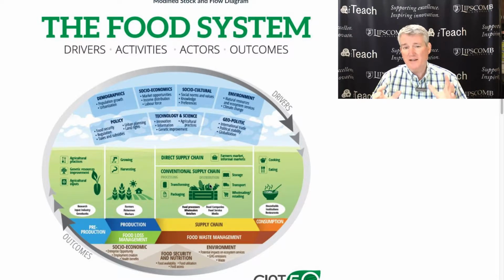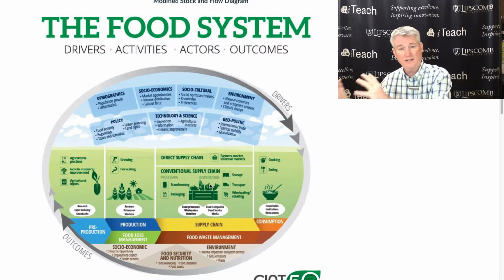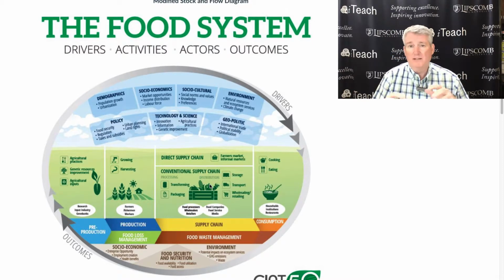So in this diagram, I decided to focus on something more like what you saw in that first diagram about renewable energy, where you have a production side of food and then you've got a consumption side of food. But in the case of the food system, as you just learned in our discussion of the definition of a food system, there are a lot of moving parts. So let's walk through some of those in the context of this diagram. Let's divide this diagram up into its major components.